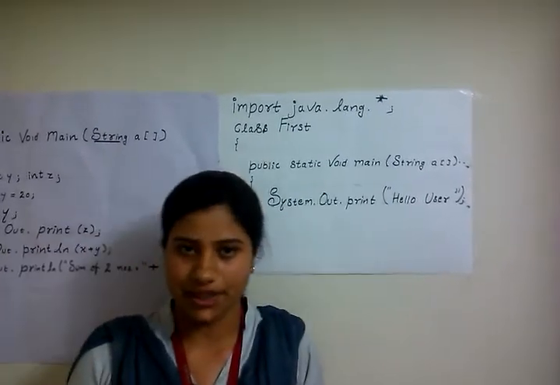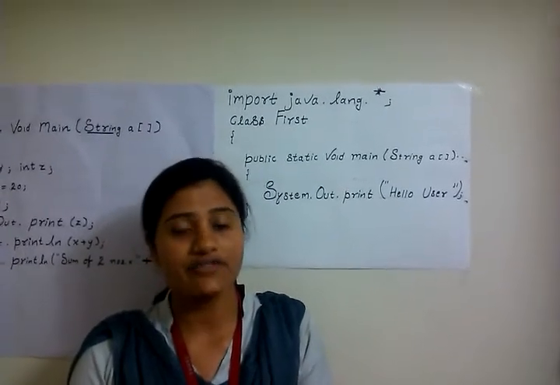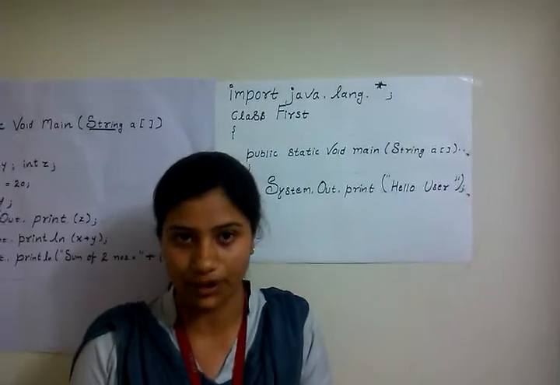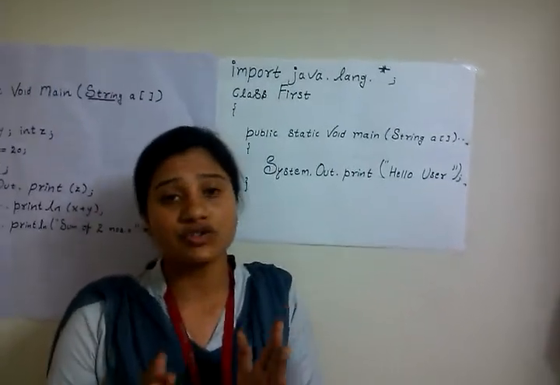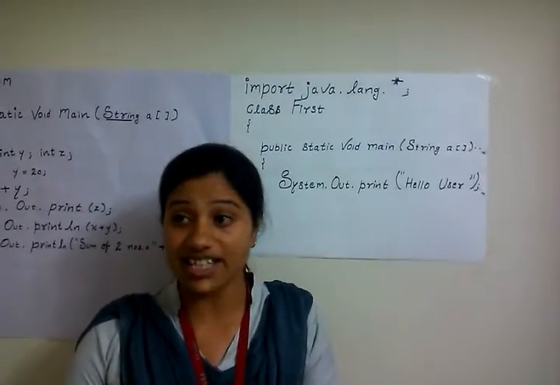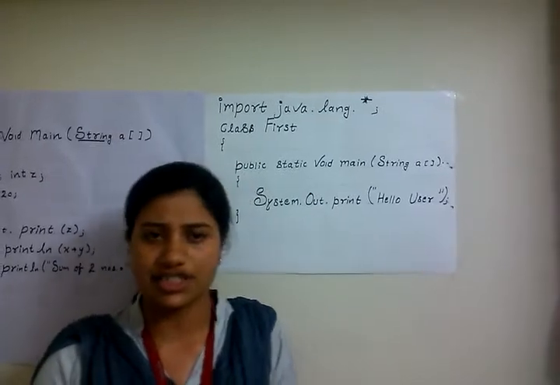Like in C++, we include header files in our program. By including header files, we can use many functions in our program. But it also copies those functions which are not needed in our program, due to which our program size increases and processing time also increases. This is a drawback of C++.